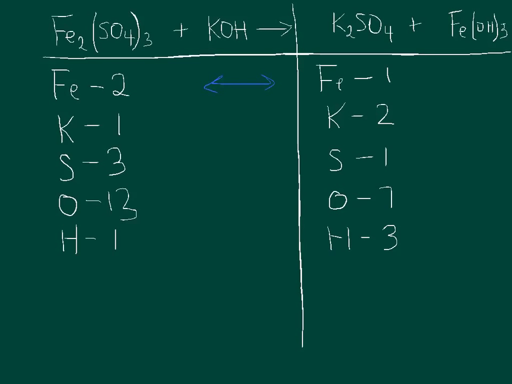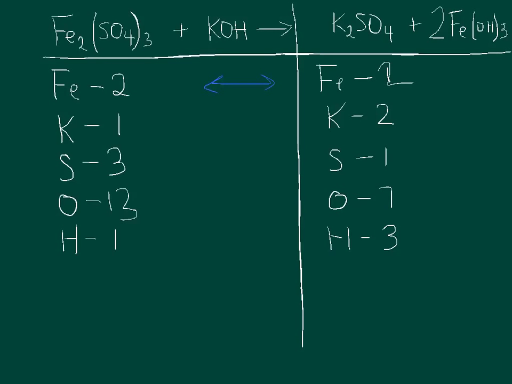The first thing I'm going to do is add a 2 in front of my iron hydroxide. That's going to multiply everything there by 2, so it's not only going to change the amount of iron, it's also going to change the amount of oxygen and hydrogen. But let's just start with iron and see what happens. I only had one iron to start with, so I multiplied that by 2, and now I have 2 irons here